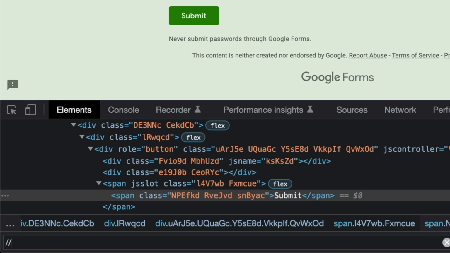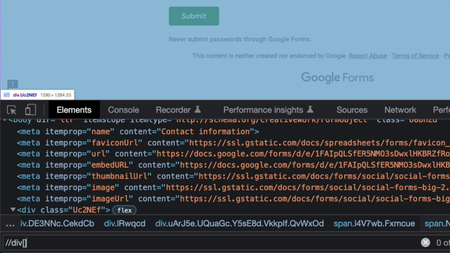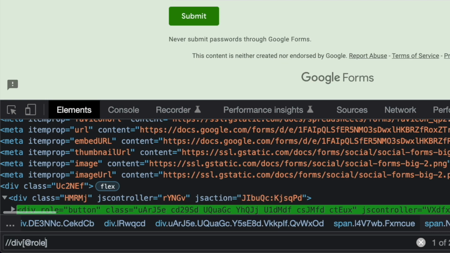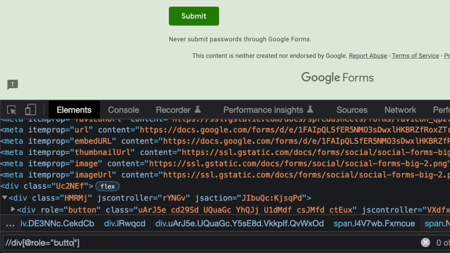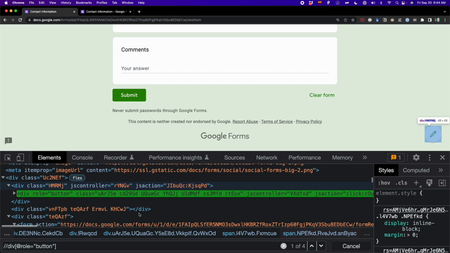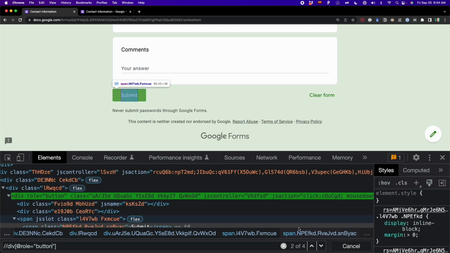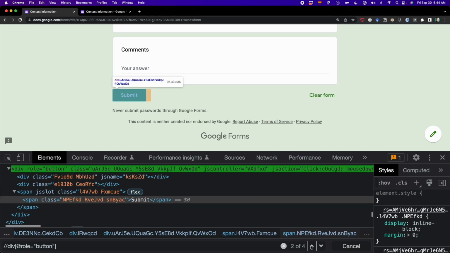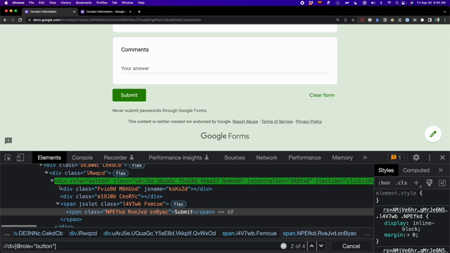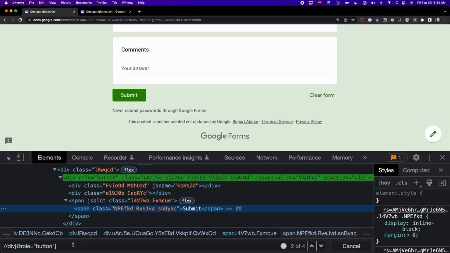from scratch. So now I write //div, then add role, and then equal to button. This is basically the element that we had before. And well, we see here that we have 4 elements with the same XPath. Now let's navigate, and well, one of those elements is the green button, and it's actually this one. So here you see div, role, and button. Apparently there are other 3 elements with the same XPath, and that's why I need to use the submit word that is here. So now I continue, and I write